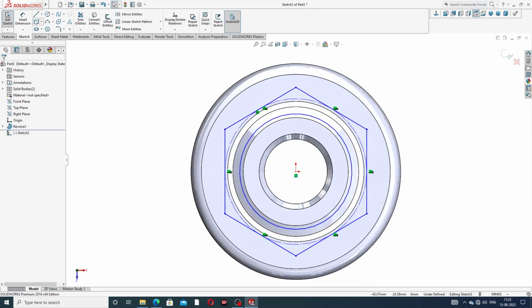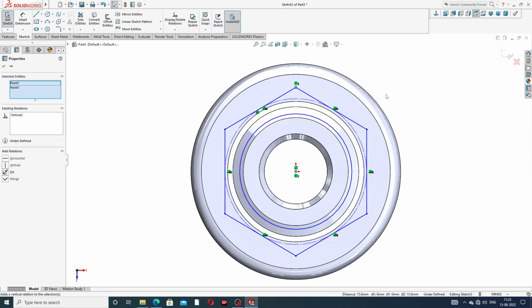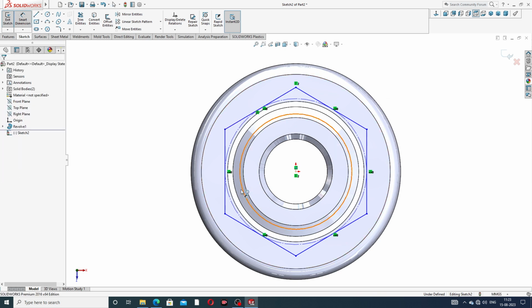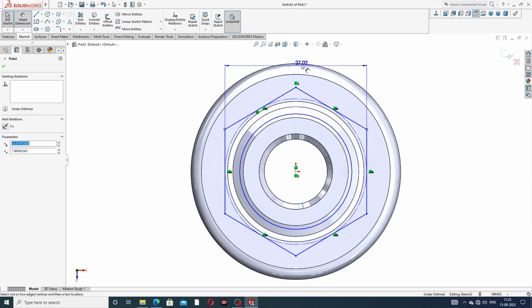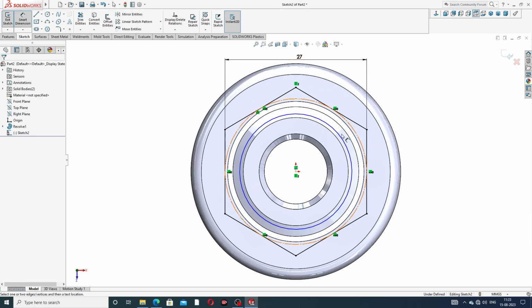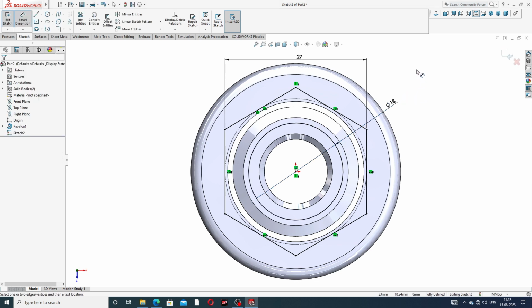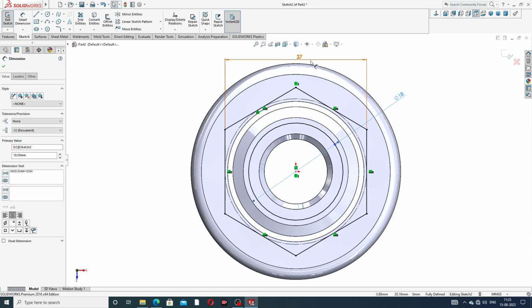Also, at first select this point and this point, which are vertical. Okay, select these two lines at 27 millimeter, and circle diameter is 18 millimeter. Okay, all is perfect,